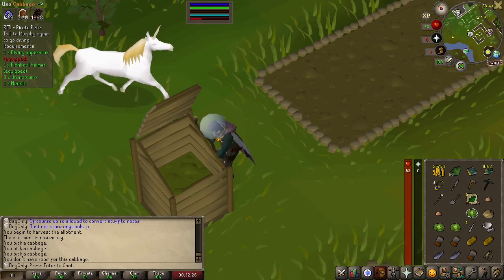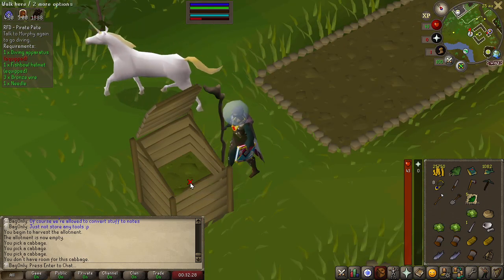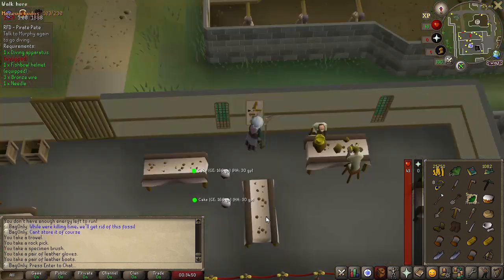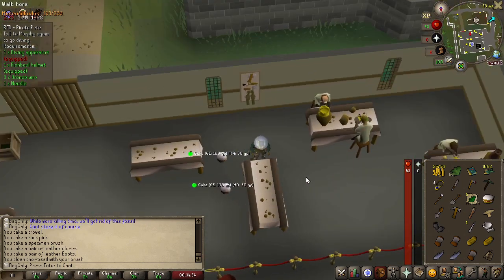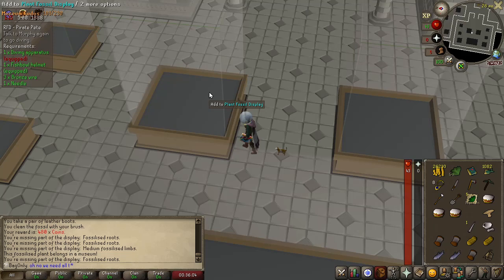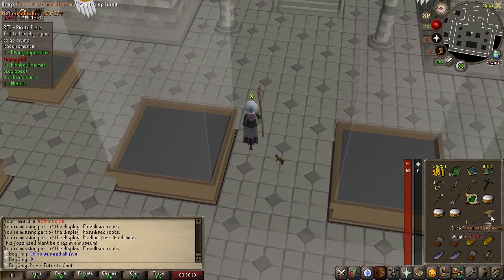Got a few Marentill herbs, tiny bit of farming XP because we just planted whatever garbage seeds we had at the time. Then what I tried to do was run over to the Varrock Museum with this 1 fossil that I'd kept from the crabs. Put on the gear, obviously turned the fossil into a usable one, went downstairs and tried to put it in one of the displays. It was at this point I found out that you need a full display's worth of